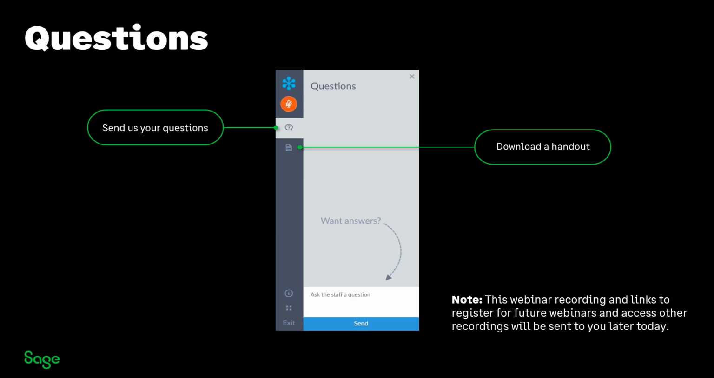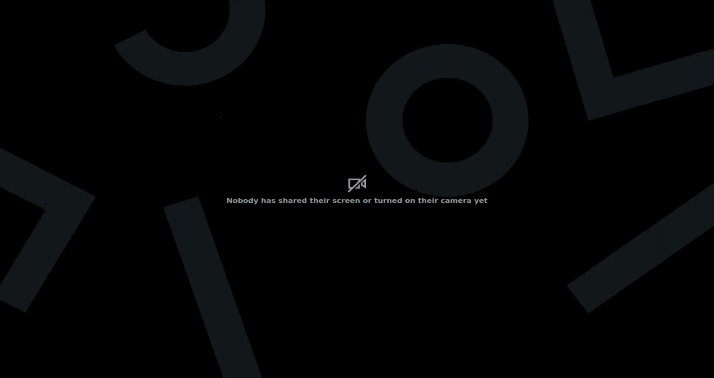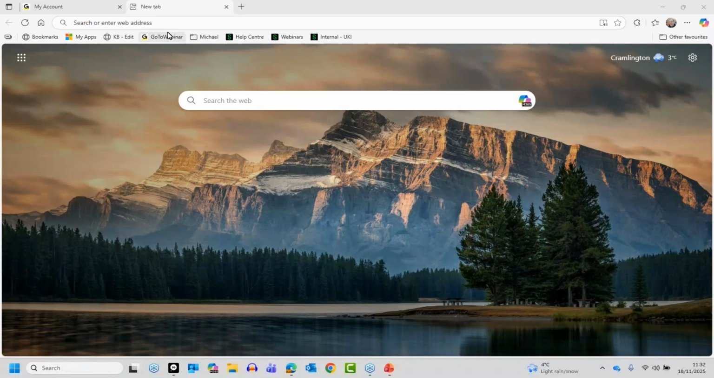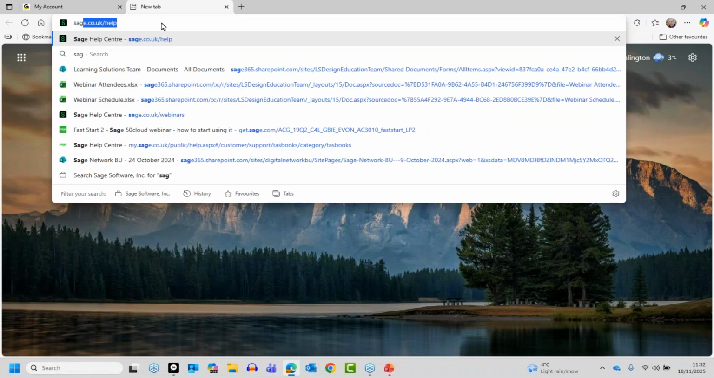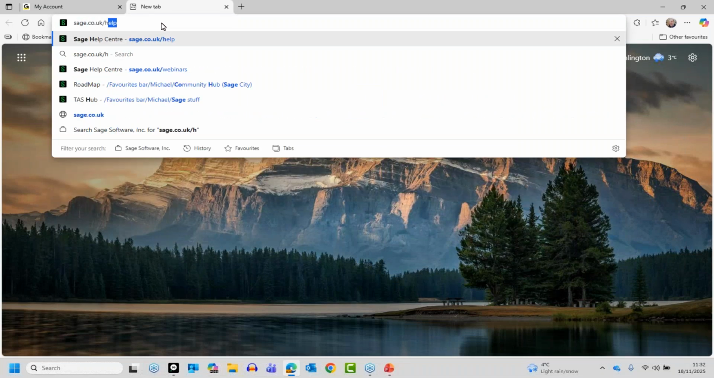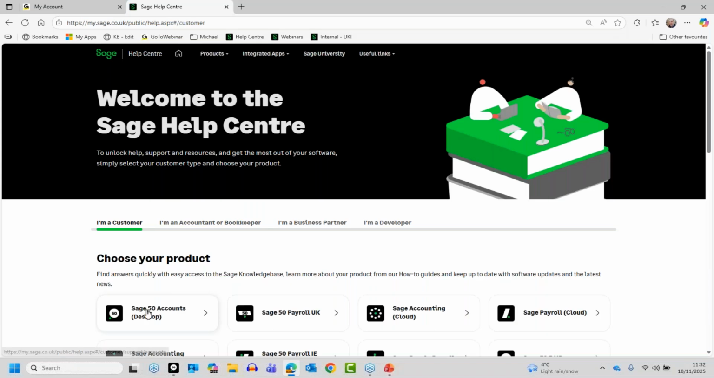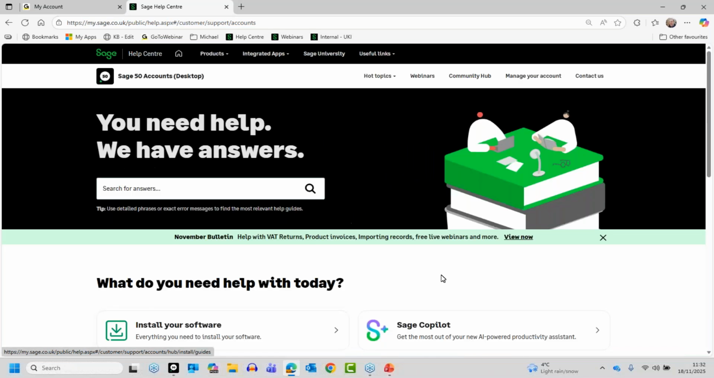So remember, you can download the handout if you do want it. Not much information on there. I'll quickly show you our help center. Right, let me bring up my browser. I'll share the right screen this morning, that might help. So if I go to our help center, sage.co.uk/help, just access it. Bring up this screen. I'll choose Sage 50 accounts, the desktop,